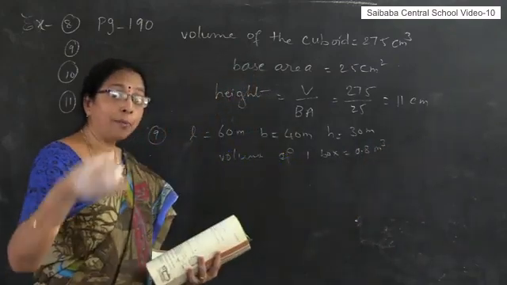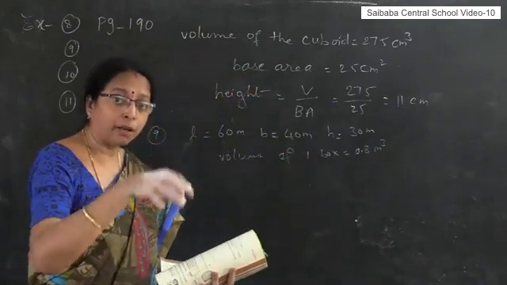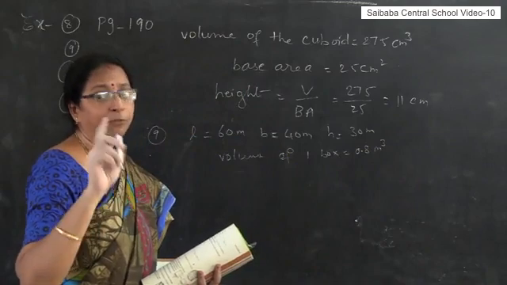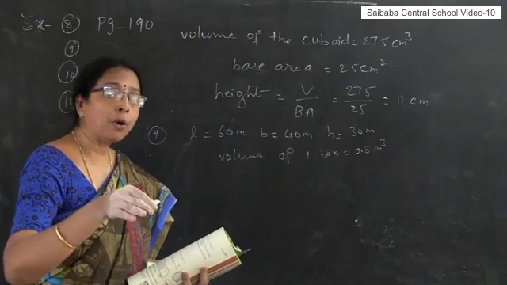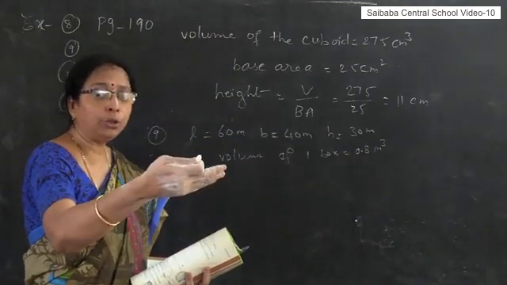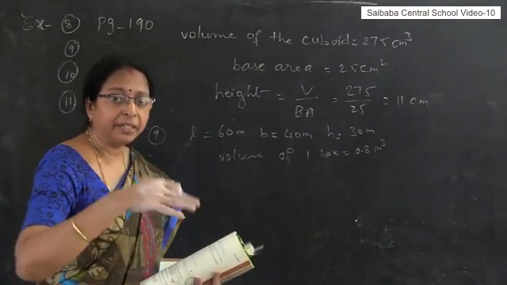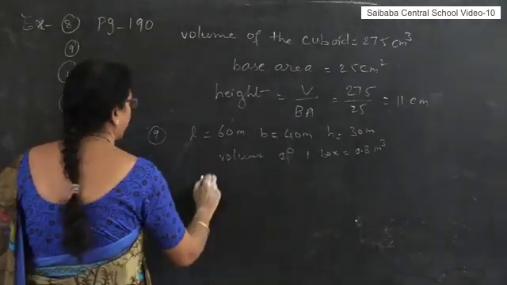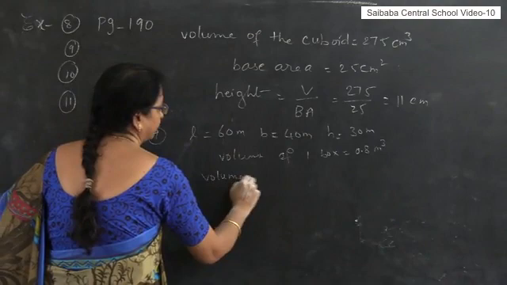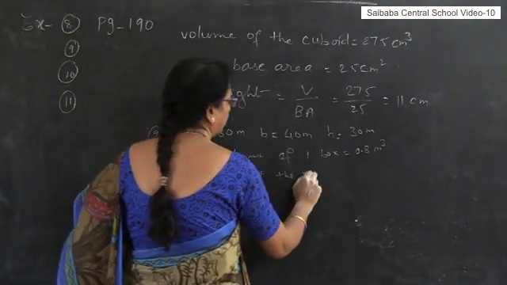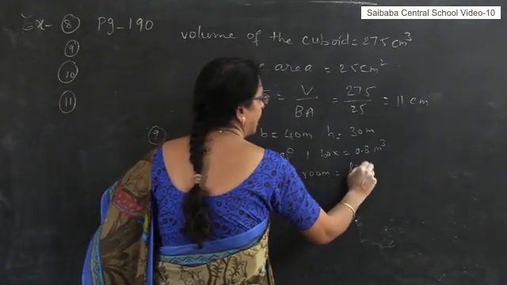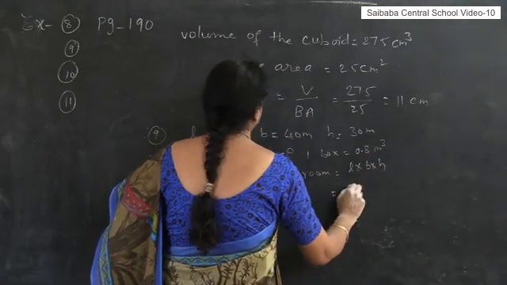Now they are asking how many boxes are enough in the godown. The volume of one box is given. How many boxes means the total volume of the room divided by the volume of one box. So what is the volume of the room? That is nothing but L into B into H. That is 60